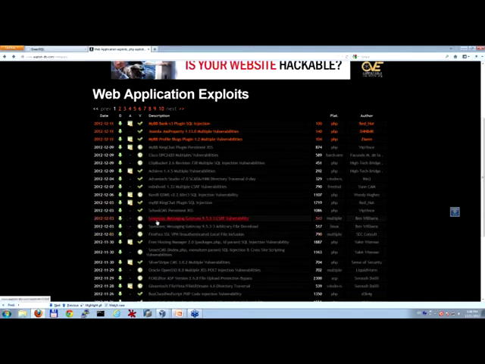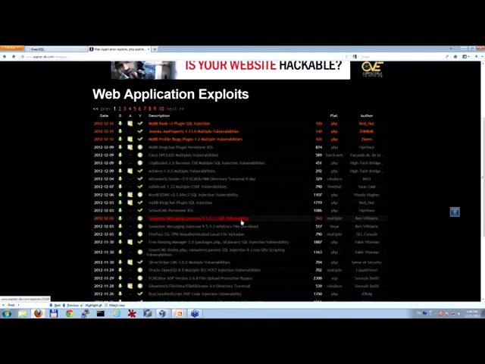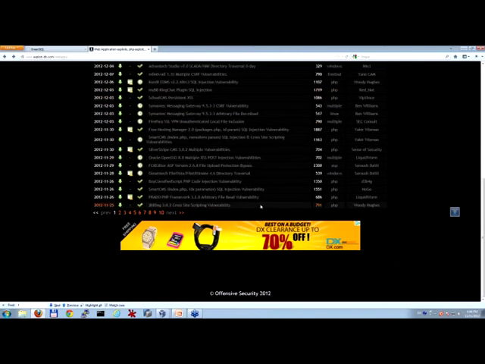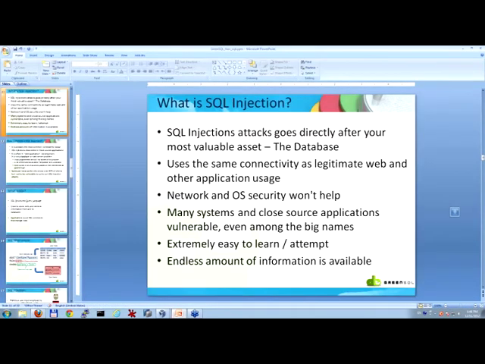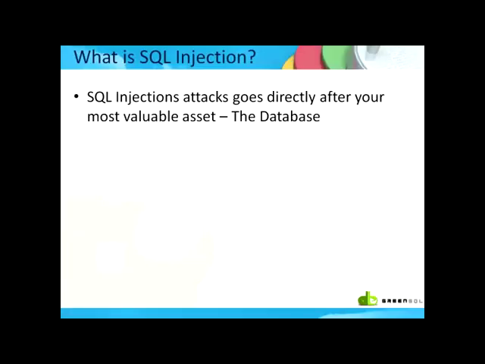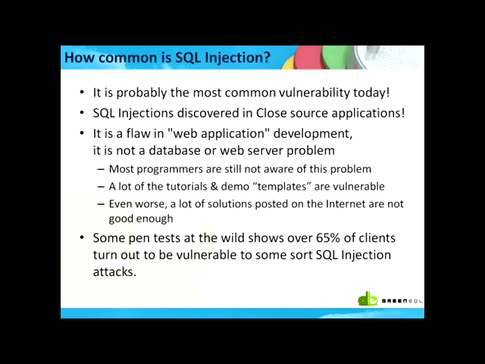It can be even a Symantec application. You see an information security company that has a vulnerability, specifically this CSRF vulnerability, but you can also see SQL injection attacks available in Smart CMS, which is also an open source project. So the thing that I'm trying to say is that it's extremely easy to take advantage of a SQL injection attack, and there's an endless amount of information available online for you to run.